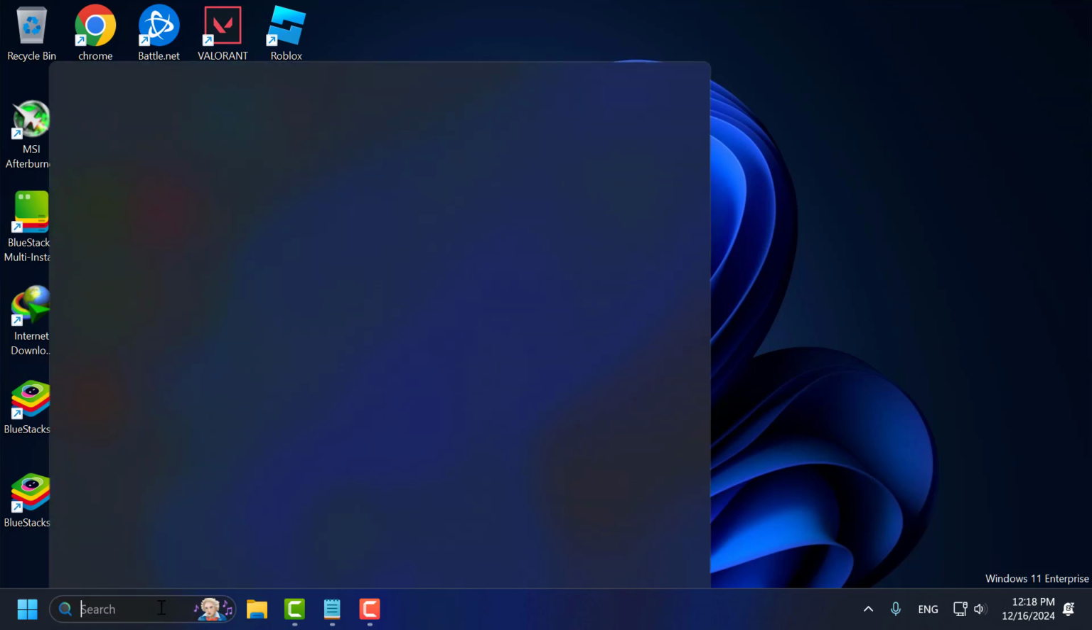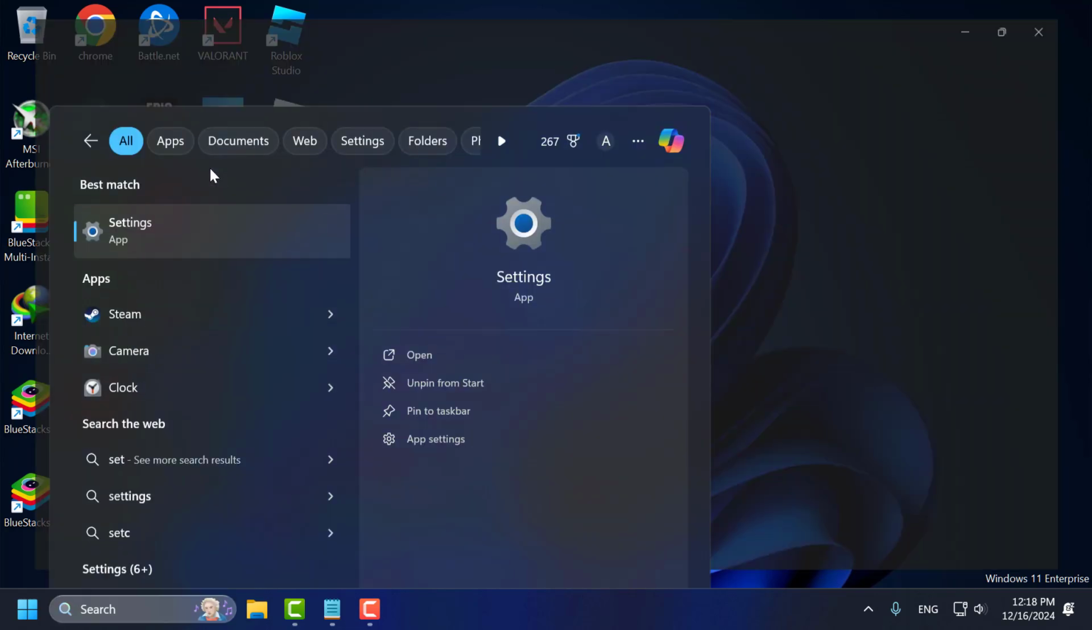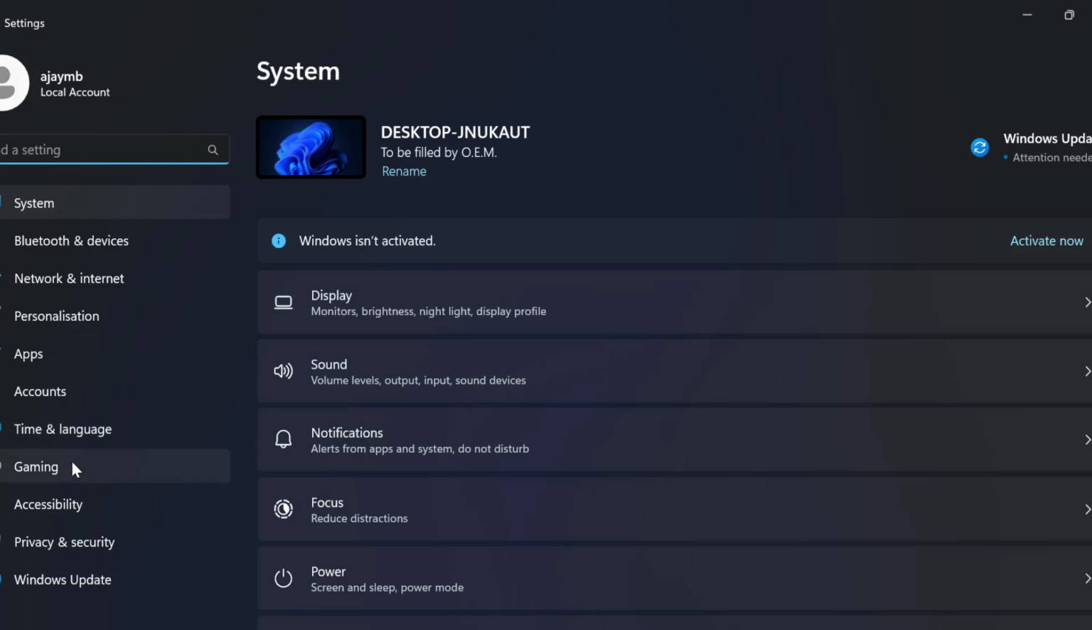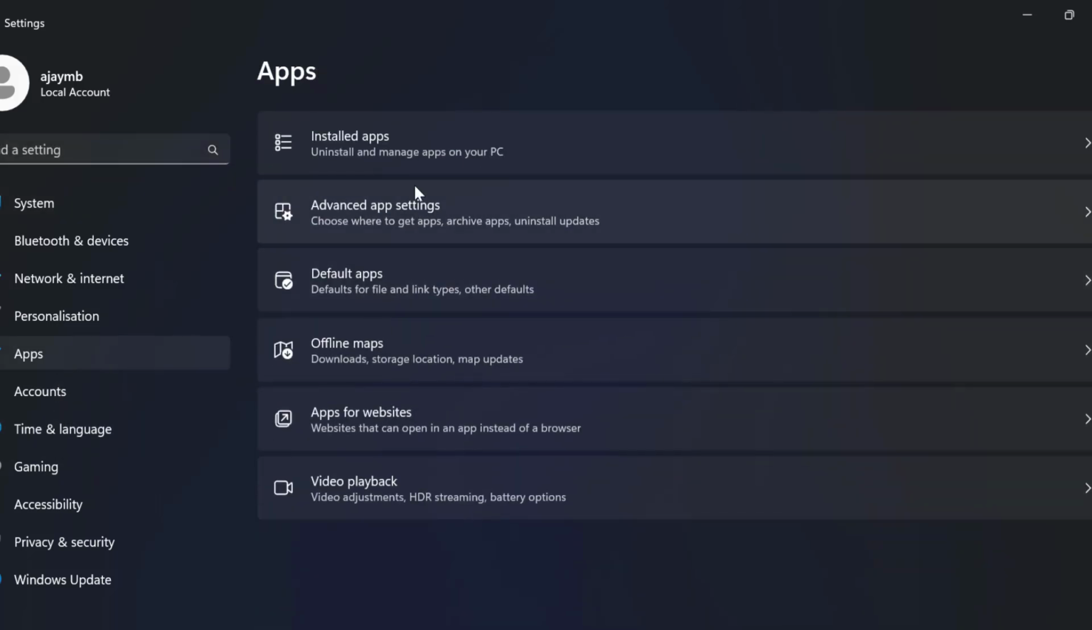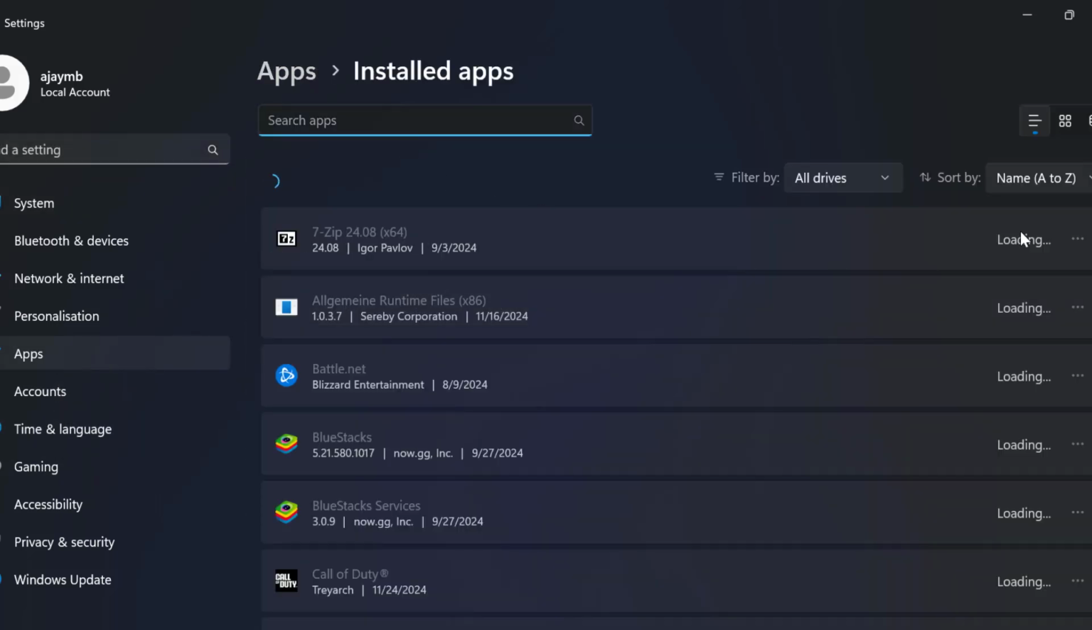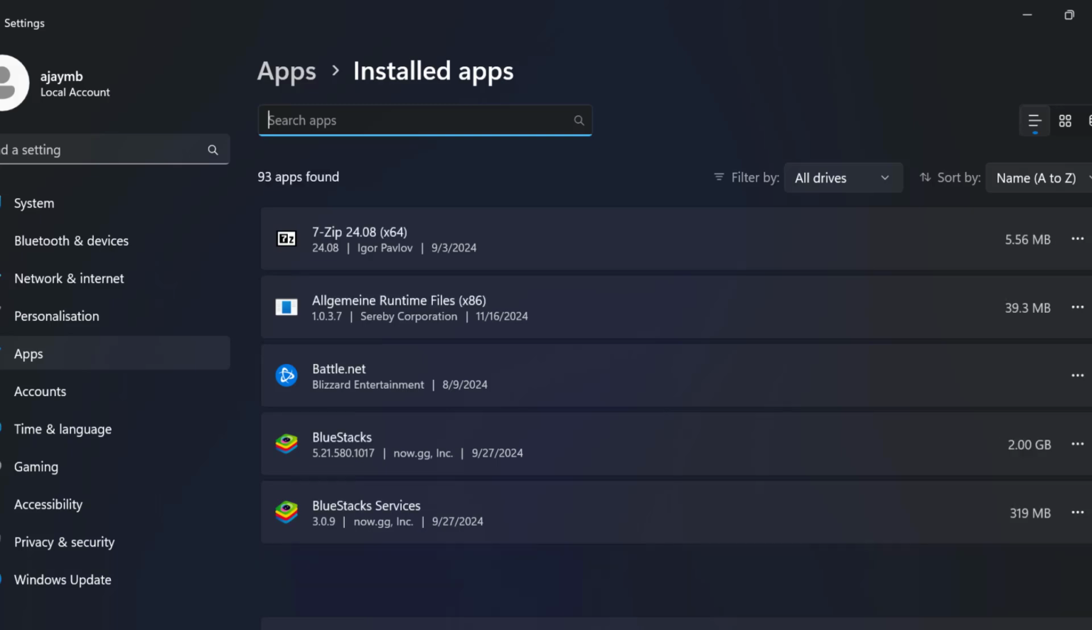For that, you just need to go to the search menu and type settings, and click on open it. On the left side select apps, on the right side select installed apps. You just need to scroll down to the bottom